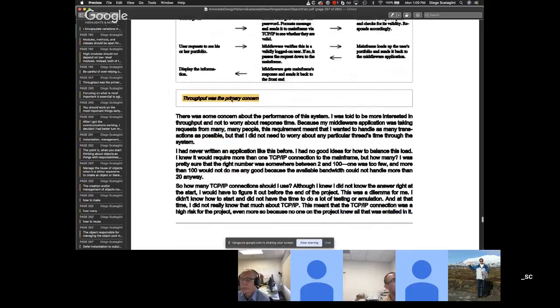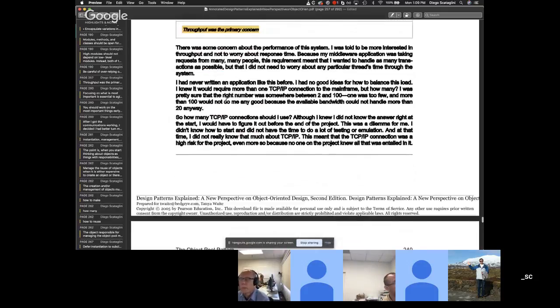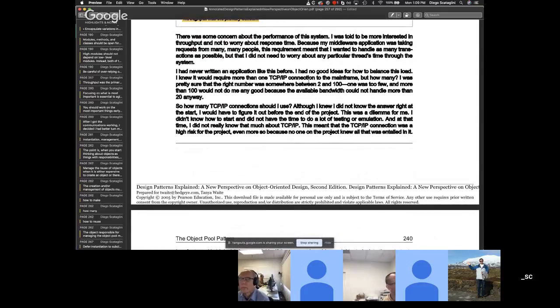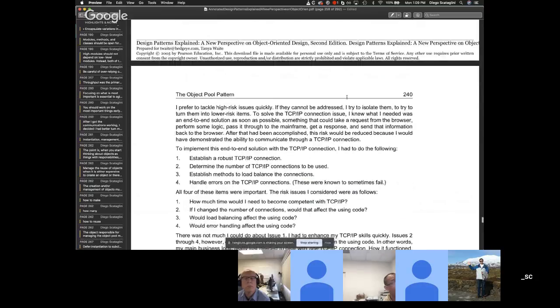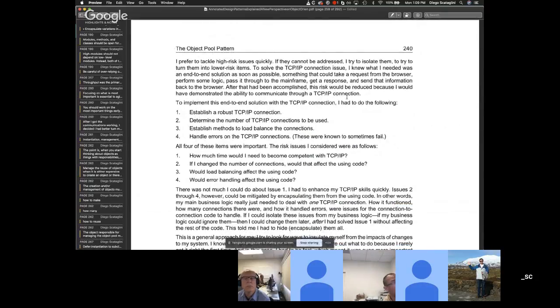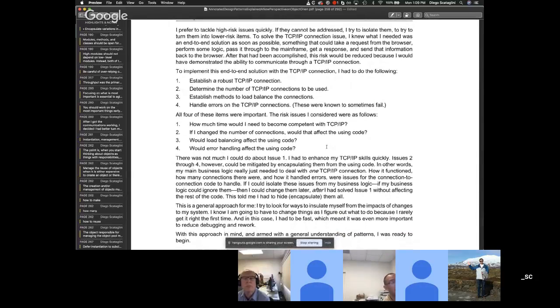And again, throughput was the primary concern. And he talks for a second about how the right number was somewhere between 2 and 100, even though the available bandwidth could not handle more than 20. So it's probably going to be somewhere below 20, more likely than not. And one of the things that it talks about,